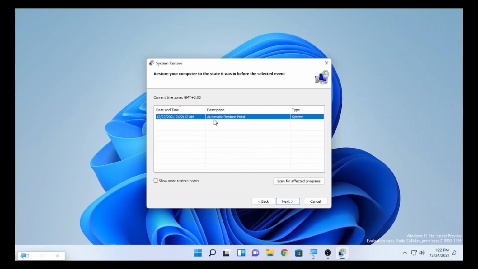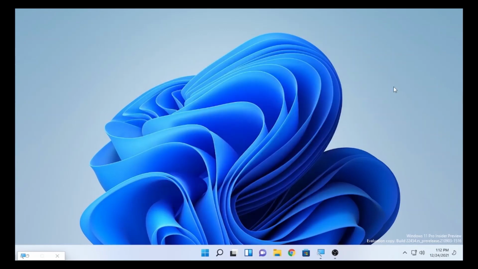So when I click this one and select next, my computer will go back to those days and it will fix the restarting problem. So that's all for today's video, which is about solving repetitive restarting problems on the PC or your computers.